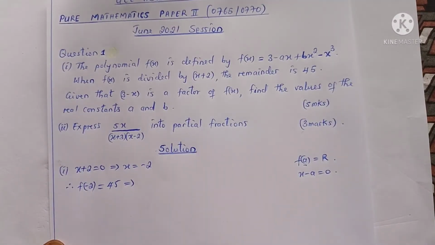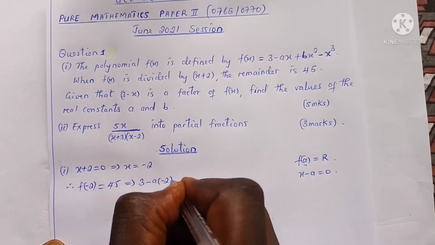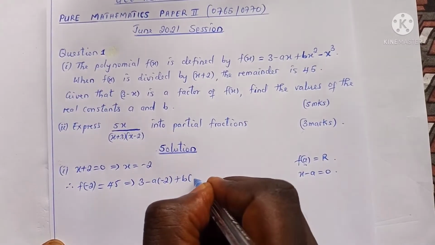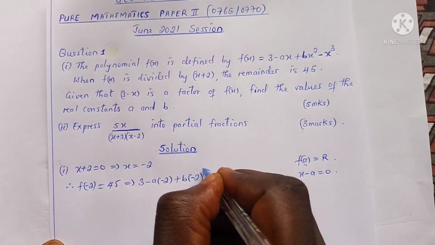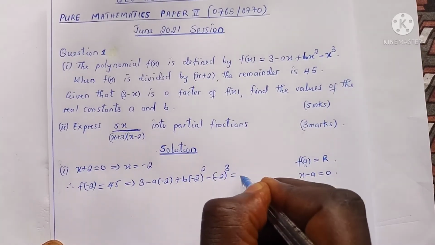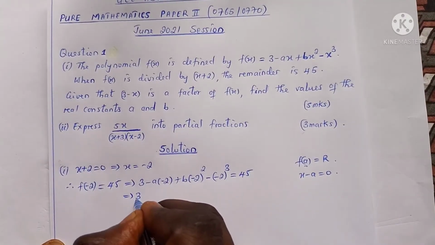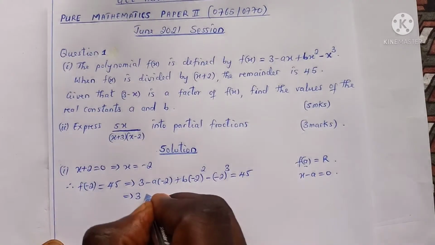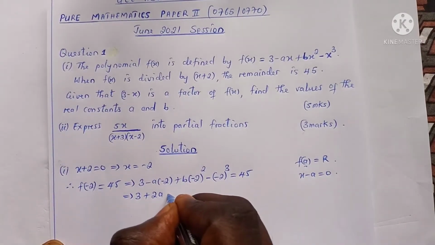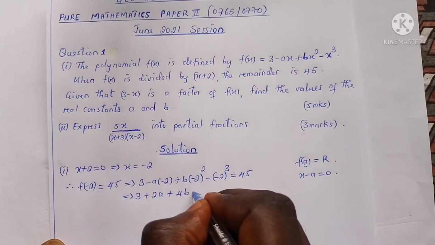So if you do so, this is what we are going to obtain. We have 3 minus a times negative 2 plus b times negative 2 all squared minus negative 2 raised to the power 3, and this must be 45. So this implies that 3, we know negative a times negative 2 is positive 2a, plus negative 2 squared is 4, so we have 4b. Negative 2 raised to the power 3 is negative 8, times negative 1 gives us positive 8,